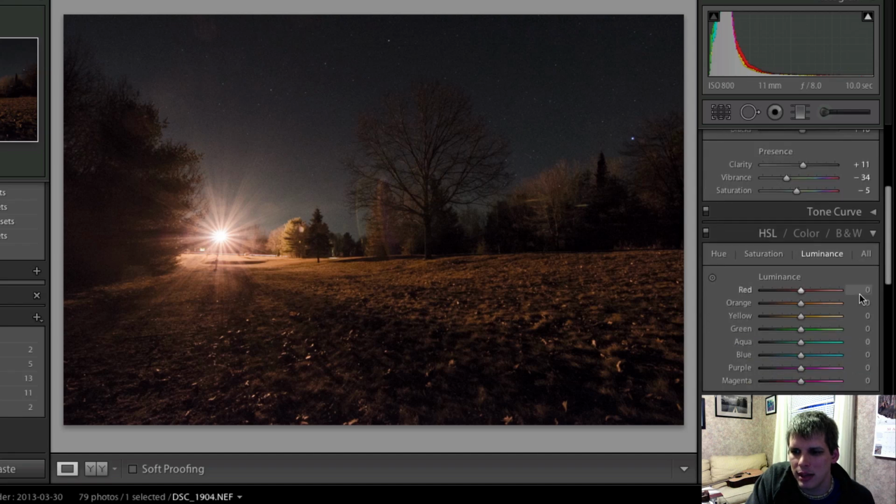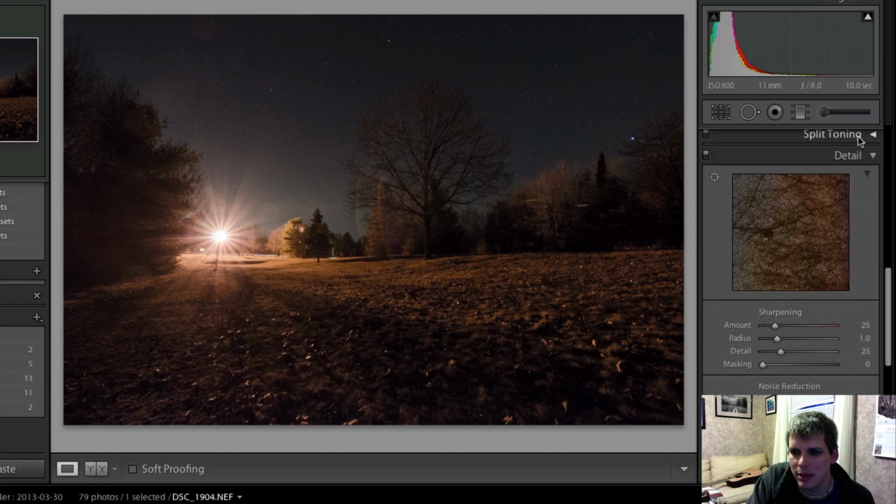So now I'm going to come down and I'm going to go into my detail tab really quickly. And as you can see, you have this little box here, and this will really zoom in on whichever area you click on. I'm just going to click right here on the top of this tree. This is this tree right here in the back of the main photo. It's really zoomed in. You can see there is a lot of noise going on and a lot of